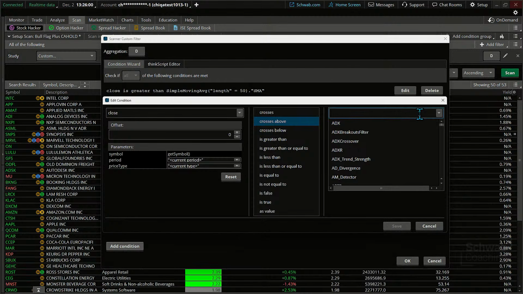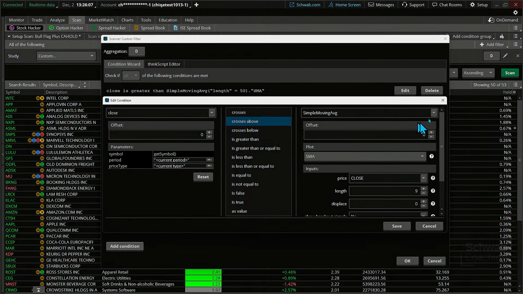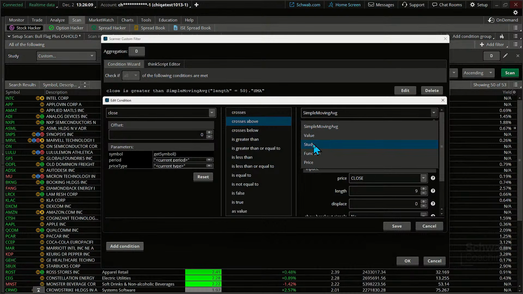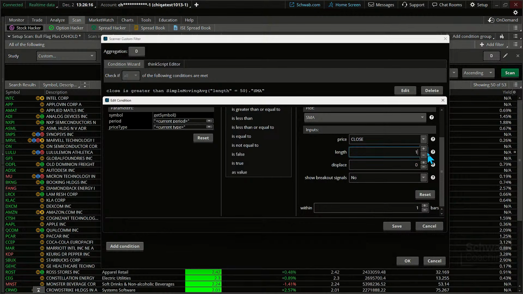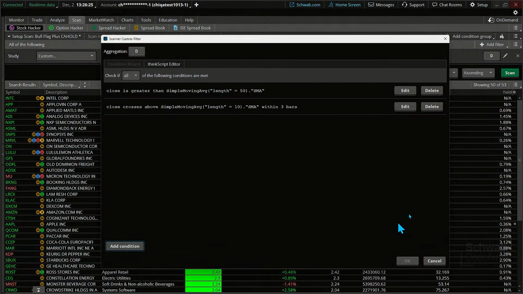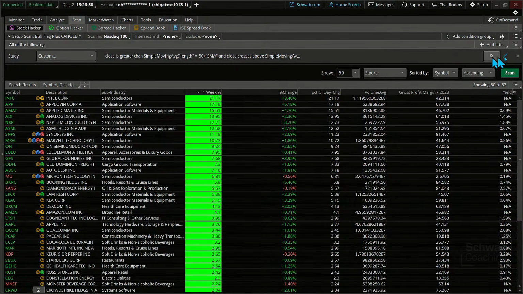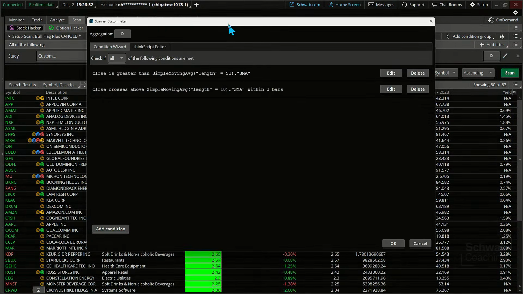This is going to be a smaller list of companies for sure, but let me show you. So we're right back to our simple moving average, right? Because it was under a study right there. It's just a study. That's where the indicators are, under studies. Length, there's our 10. Some might use a 9, some might use a 10. I'm going to say within the last 3 days, we crossed above that level. I'm going to save it, and we're going to hit it again. It's done. We've added to it, and that's the total one. This is all of it right there.